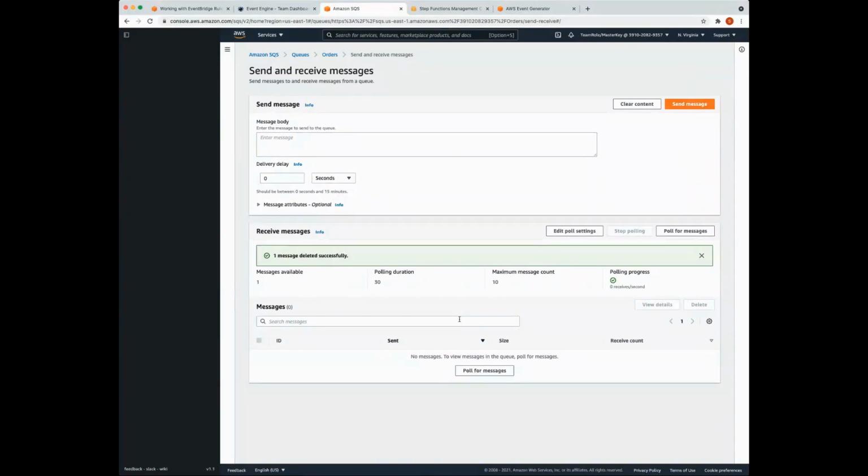So just to walk through what took place just now, similar to the previous challenges, we had a rule filter for a particular event pattern. In this case, we looked for an event with the category lab supplies, and that was sent to an SNS topic, which from there was routed to an SQS queue, and we're able to poll the queue and retrieve the message. So we see that it was successfully routed to the correct place.